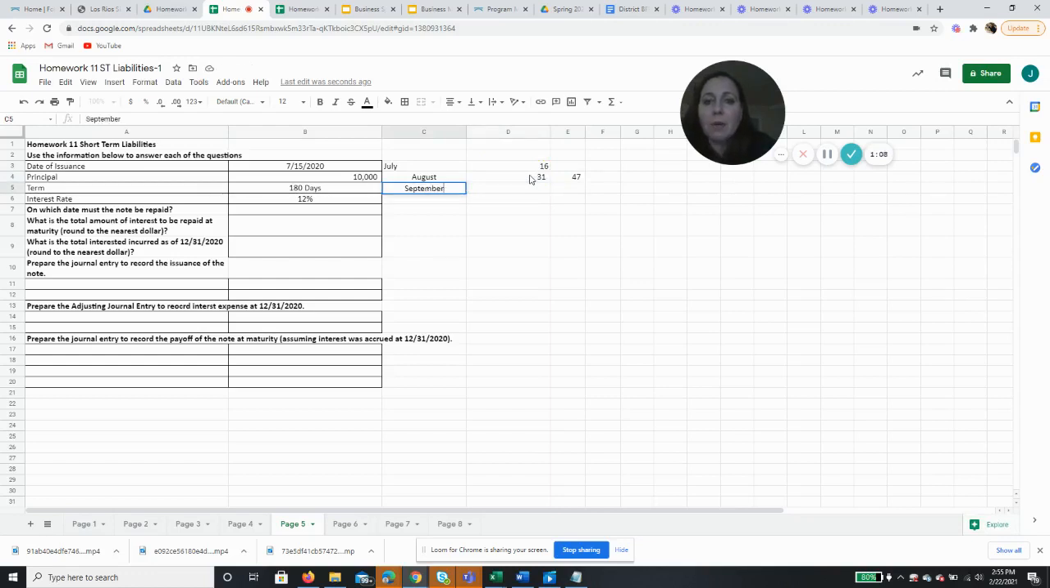In September, the note will be outstanding for 30 days. So 47 plus 30. So as of the end of September, the note will have been outstanding for 77 days. October has 31 days, and as of the end of October, the note will have been outstanding for